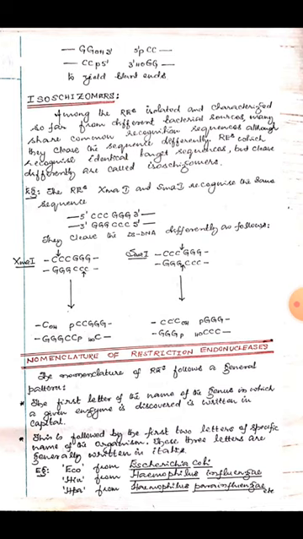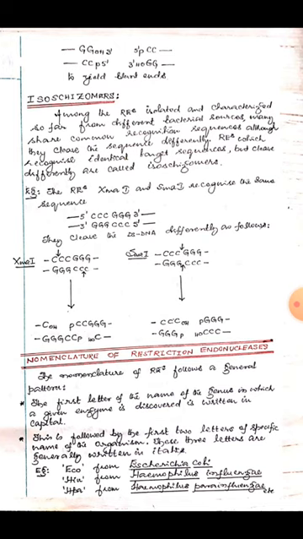Now, so far I have taught you the definition of restriction endonuclease and why they are called molecular scissors, the types of restriction endonucleases, type 1, type 2 and type 3, and which particular type we use in recombinant DNA technology experiments. Then I have taught you recognition sites, that is palindromes with rotational symmetry, and I have given examples of a few restriction endonucleases. Then I have taught you the various types of cleavage patterns.